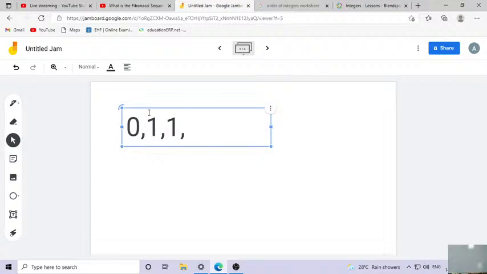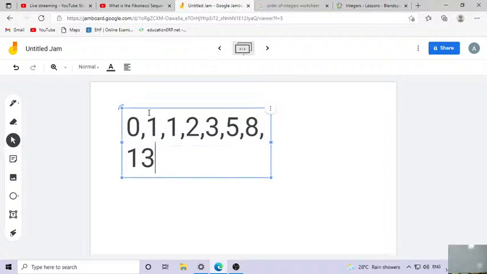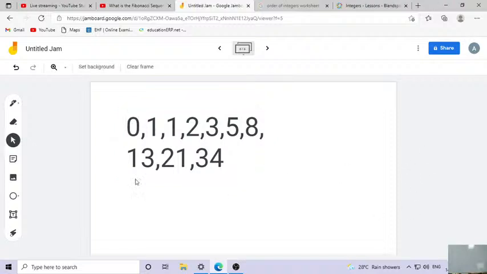1 plus 0 is 1. Now 1 plus 1, 2. 2 plus 1, 3. 3 plus 2, 5. 5 plus 3, 8. 8 plus 5, 13. 13 plus 8, 21. 21 plus 13, 34. ओके, तो क्या हो रहा है, बस इतनी सी बात है कि जो एक नेचर में हम जितनी चीजें